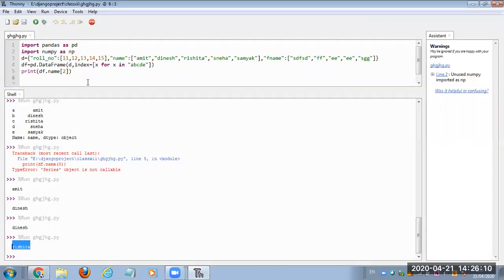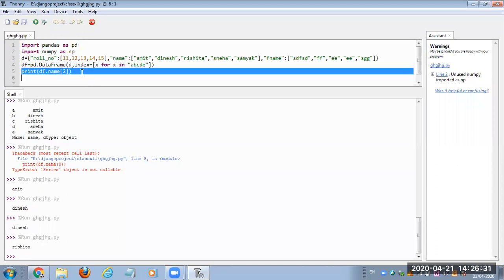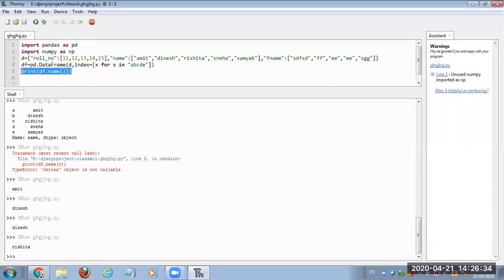Any doubt in this? So basically, this is a method by which I can access a particular value in a data frame. Now, like the previous method, suppose I write df dot name with the index C. Let's see what it refers to.